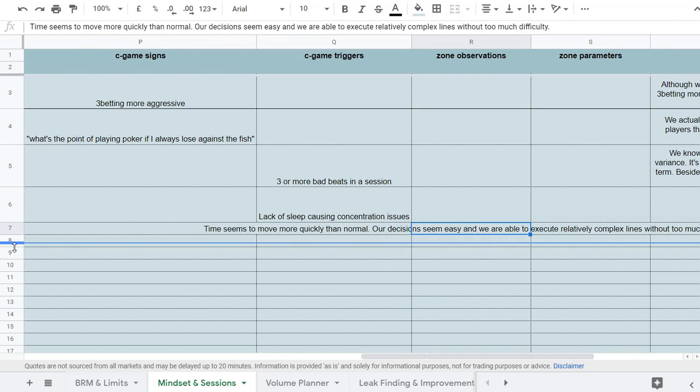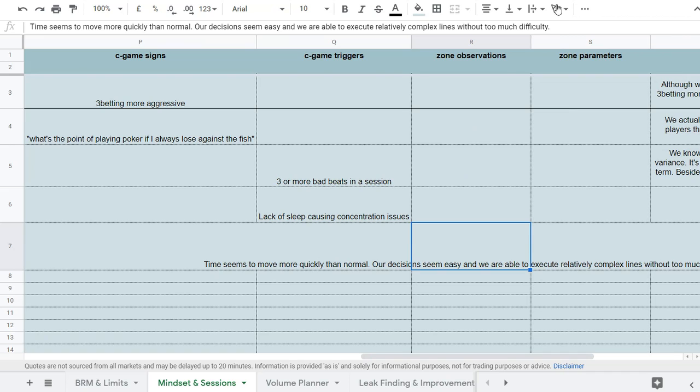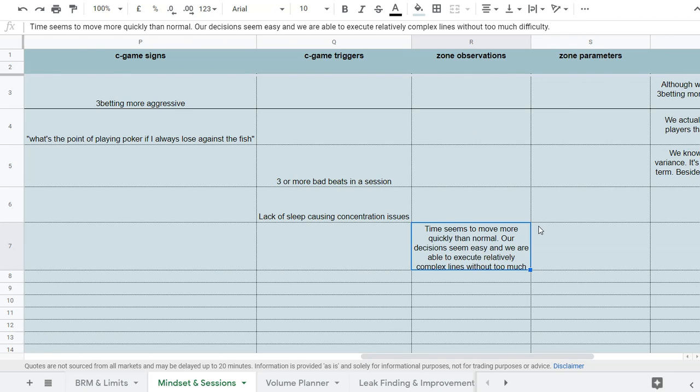Now, you might think, why does it matter if we recognize whether we're in the zone or not? So long as we're not playing our C game, that's the most important thing, right? Not exactly. Remember, our overall goal here is to reproduce our A game, or playing with flow state, as much as possible. And in order to understand which parameters generate that flow state, we need to be able to understand whether we were in a flow state during a particular session or whether we were playing an A game during